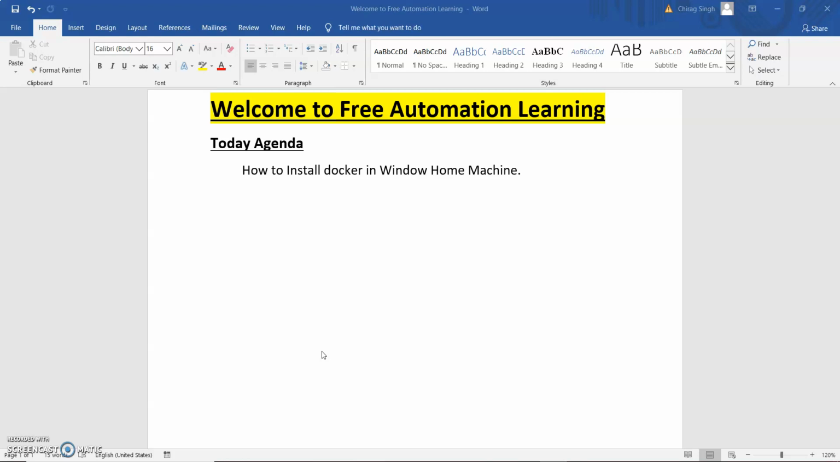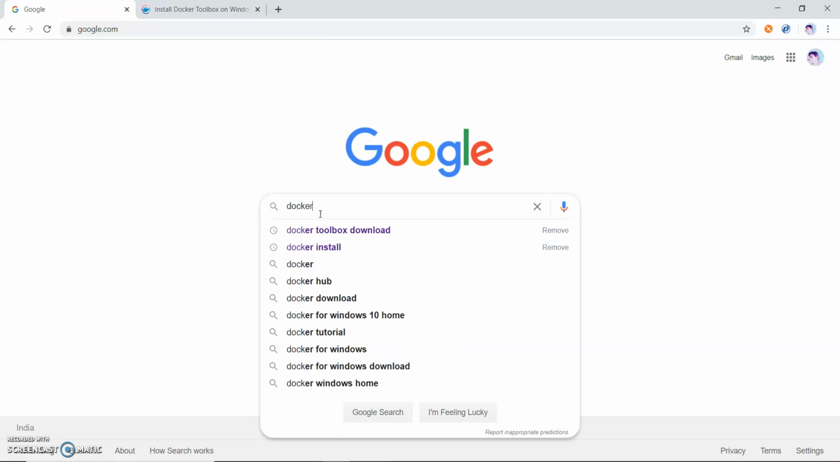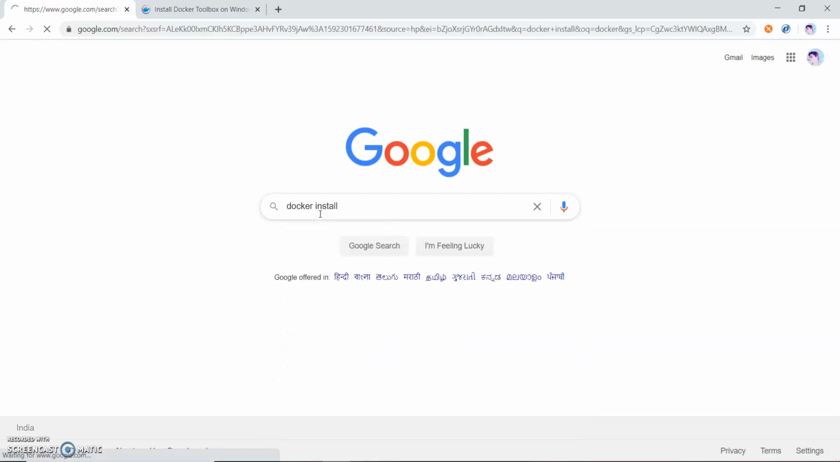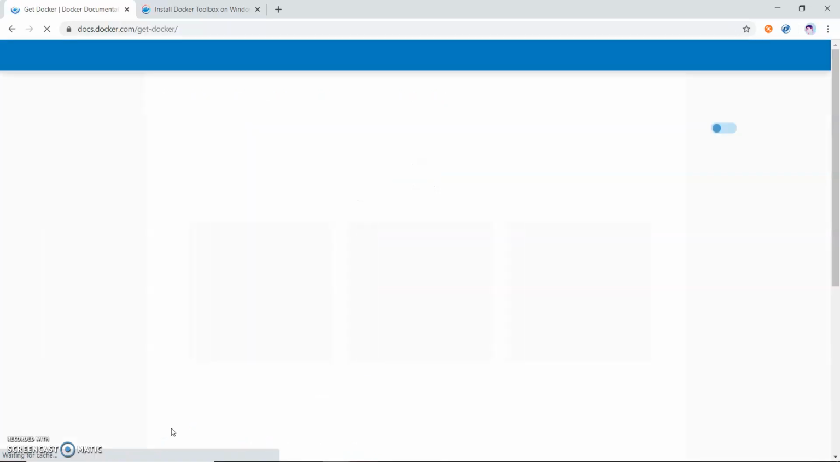Today we are going to discuss how we can install Docker on a Windows Home machine. As I'm using a Windows Home machine, I'm going to show you how we can install it. So let me open google.com and write Docker install, and I click the first link, and you will